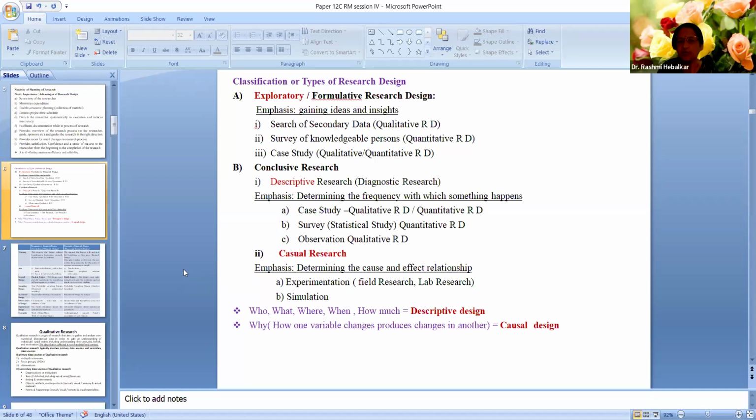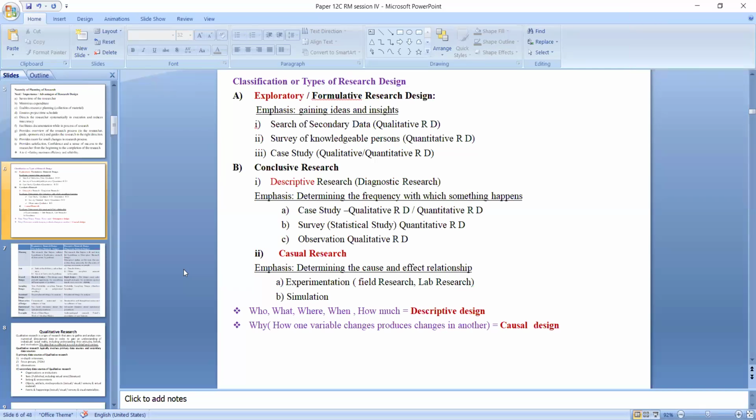Case study, in brackets, it is written qualitative, quantitative. When Gayatri's company provides me the data of 100 or 500, my question is, it is a case study, whether it is qualitative or quantitative. Someone except Sandeep is to answer. Am I to repeat? What is the question?